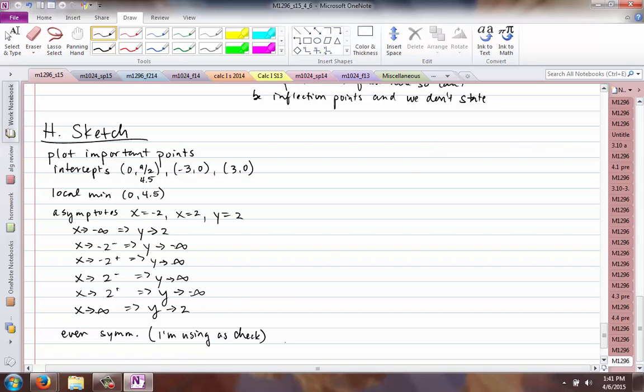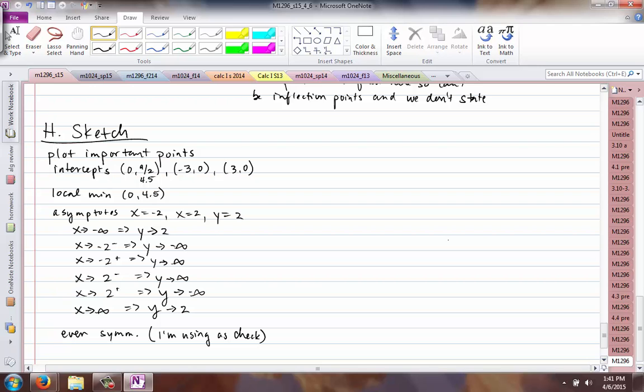Do know how to graph with symmetry though. You will have some problems on your assignment where you're just given summary info and one of those could be symmetry and you're only given half the information. So you actually have to use the symmetry to graph. It's just a side note, I mentioned that in the beginning class too. Anyway, now I'm going to do my summary